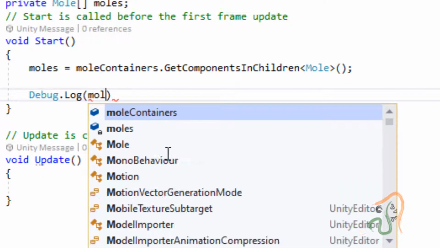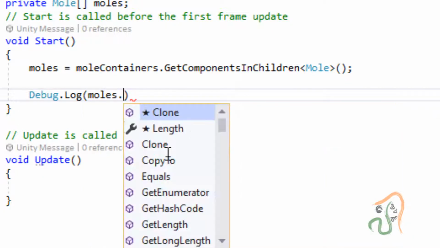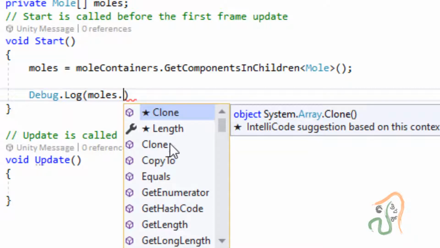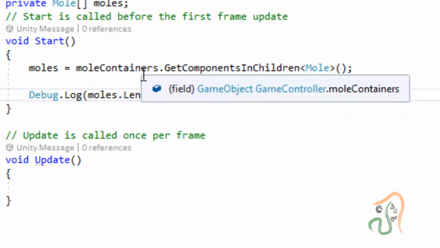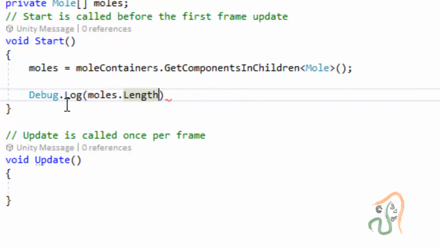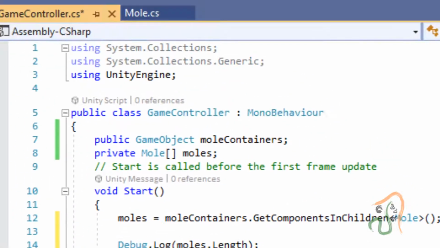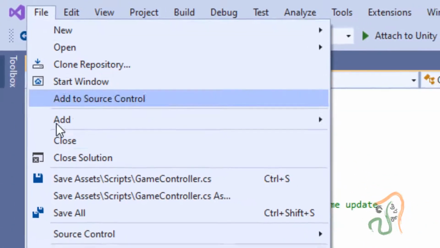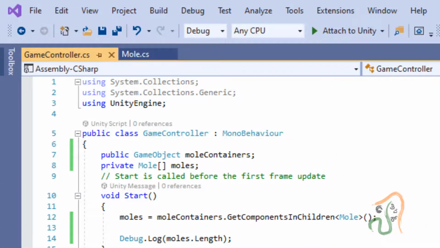Select moles, period, and its length. Because it is an array, we are asking it to print moles length, and end it with a semicolon. Now go to File and choose Save All to save this.